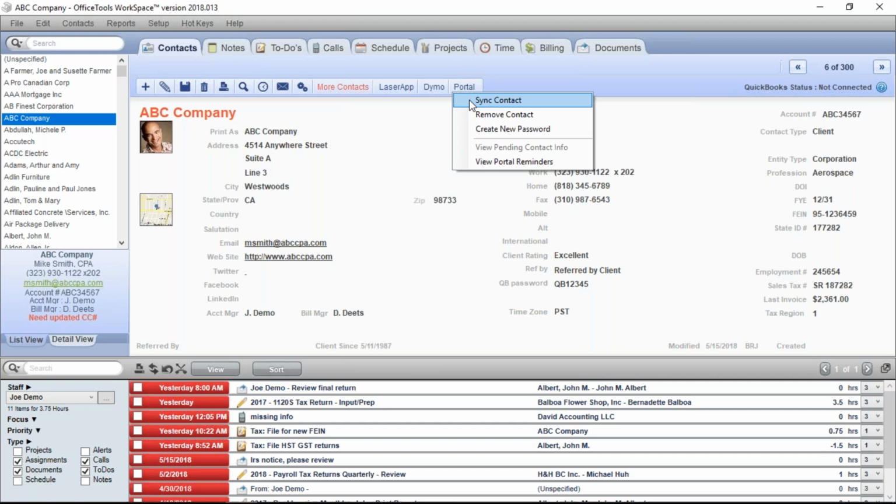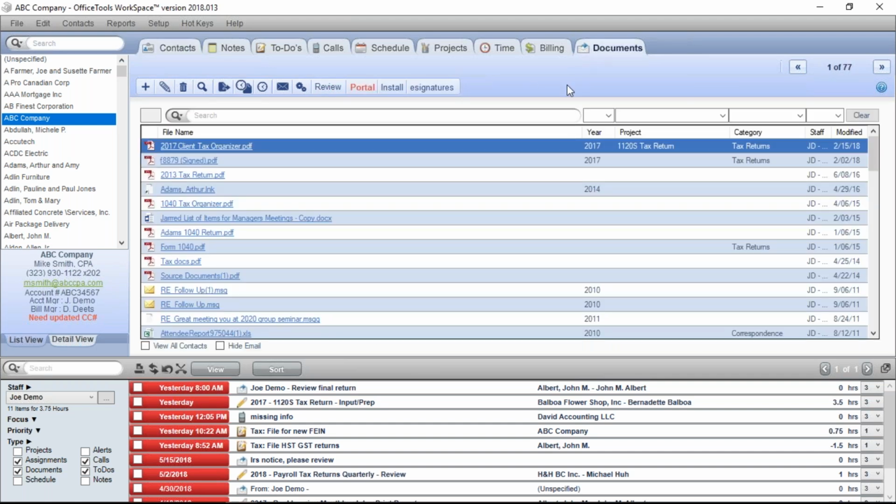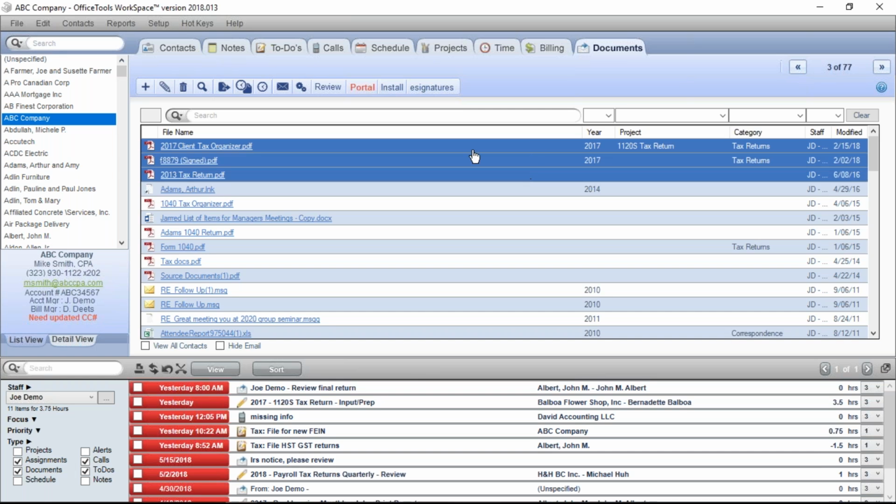And all of that links over to the Documents tab where, again, we can choose the documents that we want to send, click the portal button, and upload those files. So again, all built in, all part of OfficeTools, maintains that secure system of encrypted OfficeTools database and secure online portal, and allows those things to go back and forth. If you don't have the portal and you're interested, or if you have the portal just haven't used it a whole lot, I would highly recommend that you reach out to training@officetools.com and give us an opportunity to log in with you and walk you through those steps.